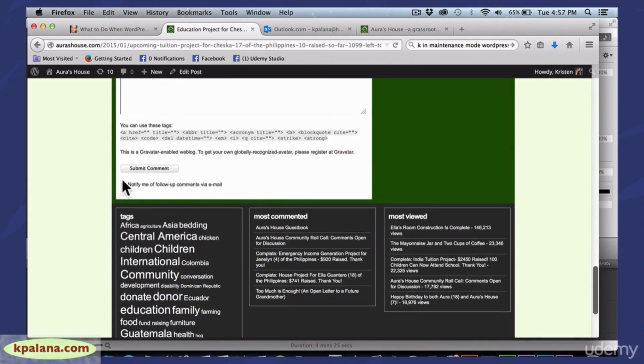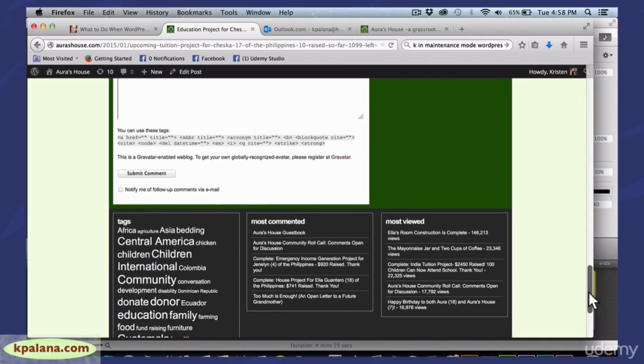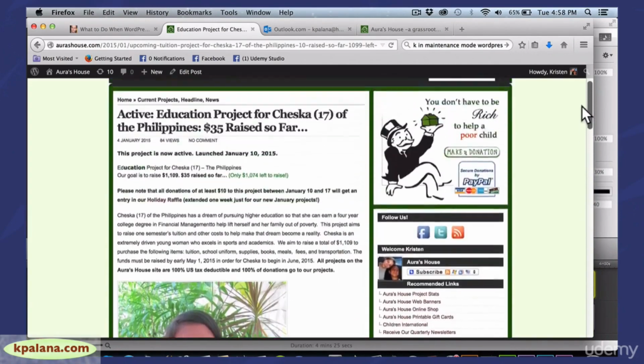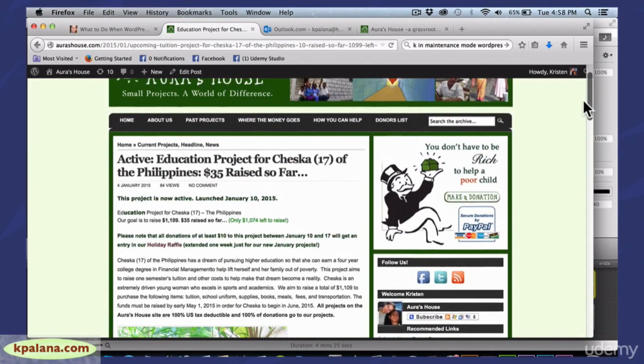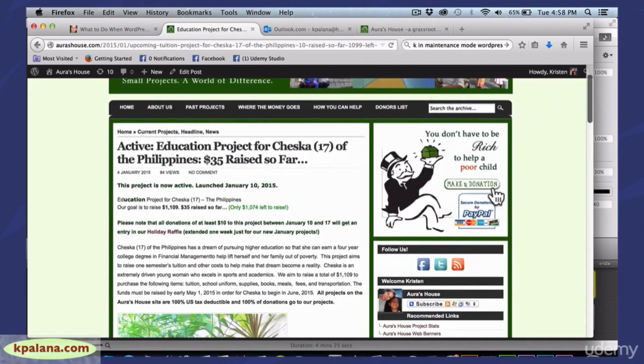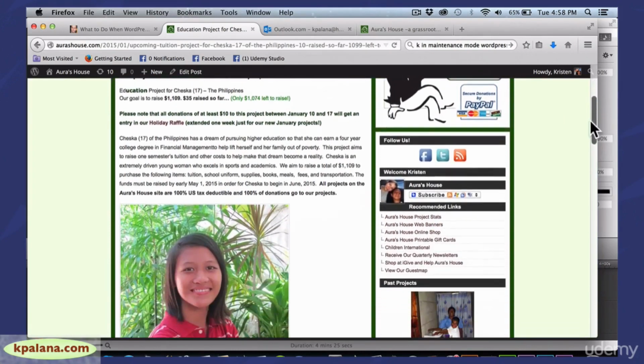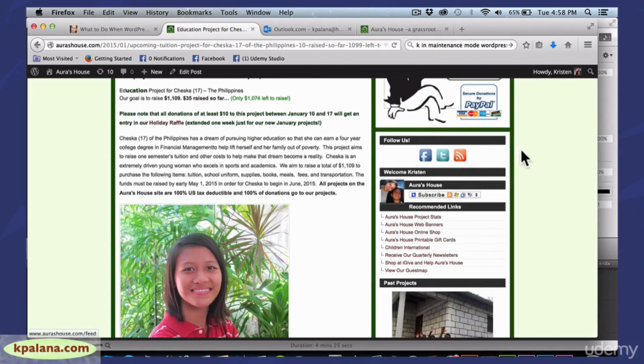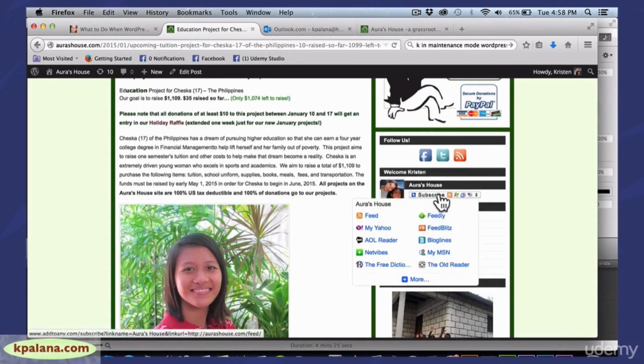I also have a plugin that allows people to know if people have followed up on comments that they've made through email. So that's another plugin, little things. Other plugins that I have come with their own widgets. So this is actually an image that I've set up to go to our donation button over at Children International's site. This is a plugin that allows people to follow our social media pages for Aura's House, Facebook, Twitter, and the RSS feed. I also have a plugin that gives people a customizable login window,